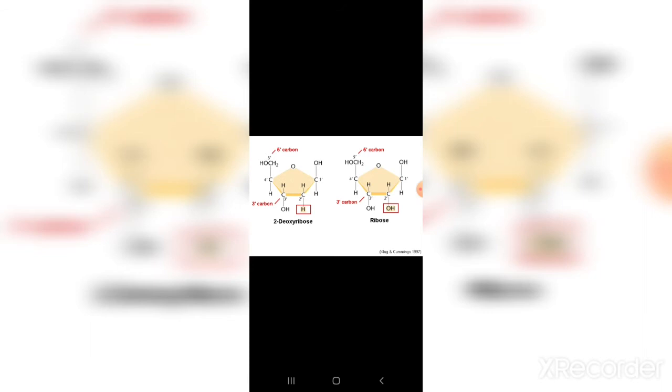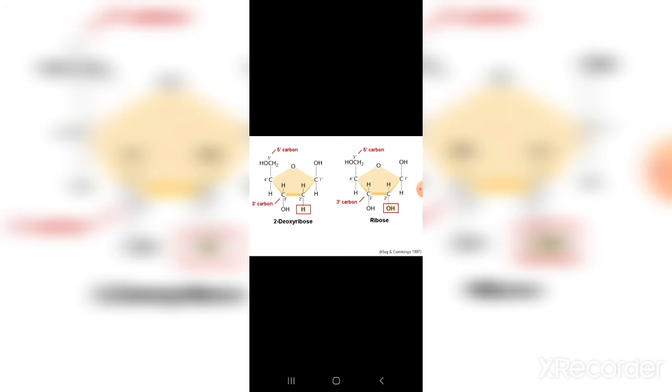Okay, now this is a pentose sugar. The three together, the pentose sugar, the nitrogenous base and the phosphate, together are called a nucleotide, while the nitrogenous base and the pentose sugar individually are called a nucleoside. So what is a nucleotide? A nucleotide is something which is actually the addition of a phosphate group.